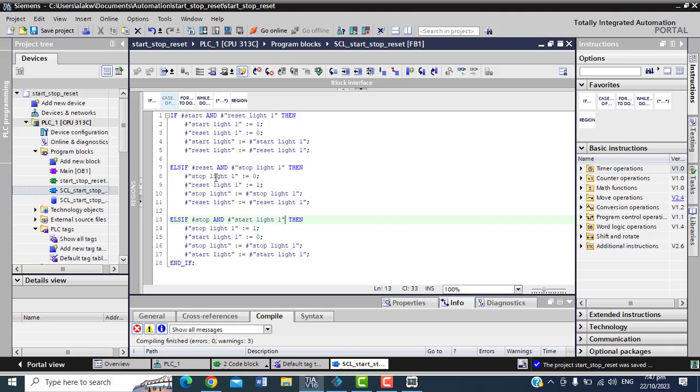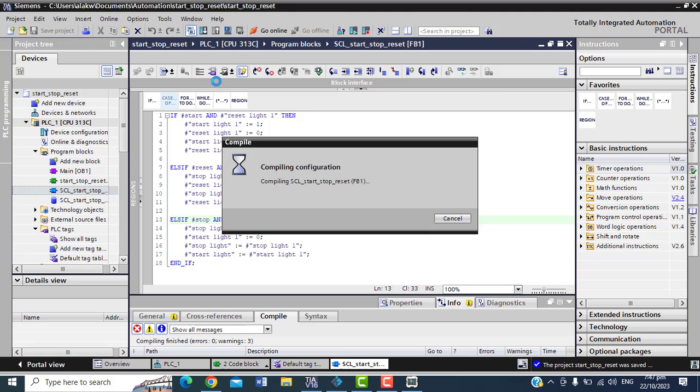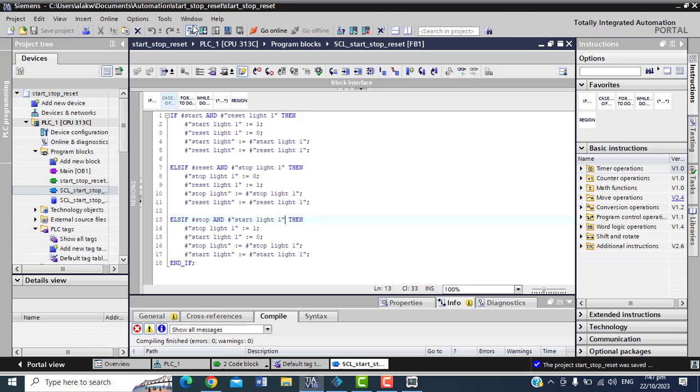So the ones I can easily read, right? In this I don't get access to this stop light, start light, reset light, which will be outputs. So let me read the ones I believe I will get access to, which will be my stop light 1, reset light 1, and then start light 1. So I will save this one. I will compile. And then I will re-download them again and try one more time.